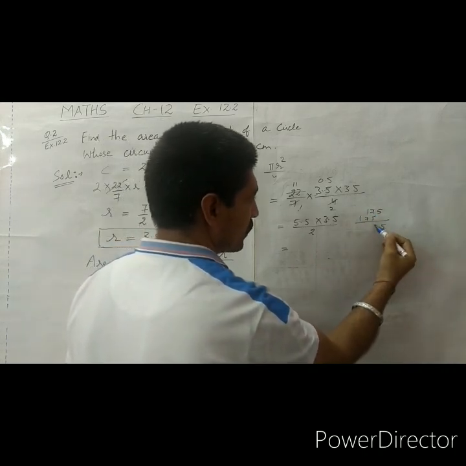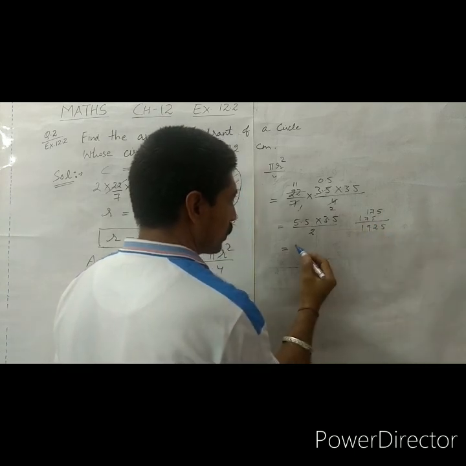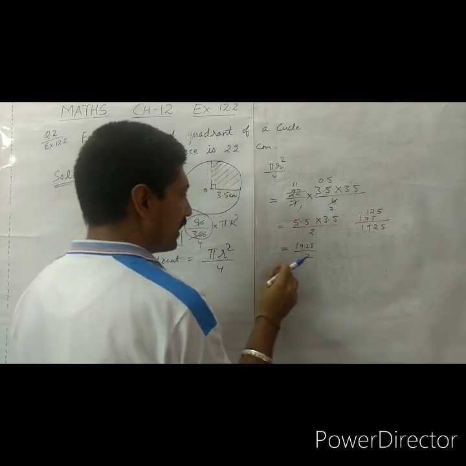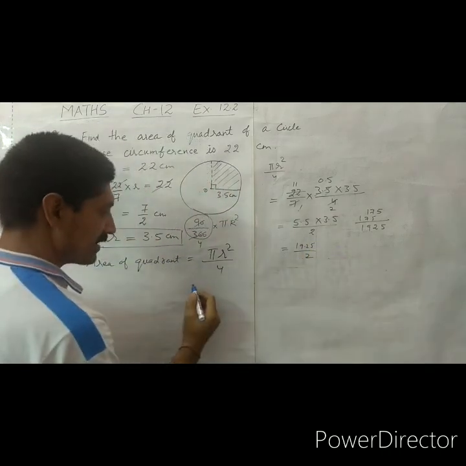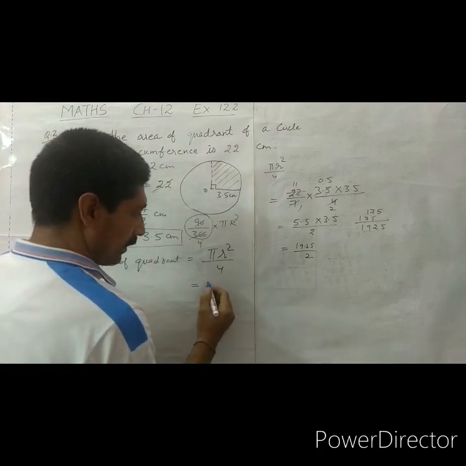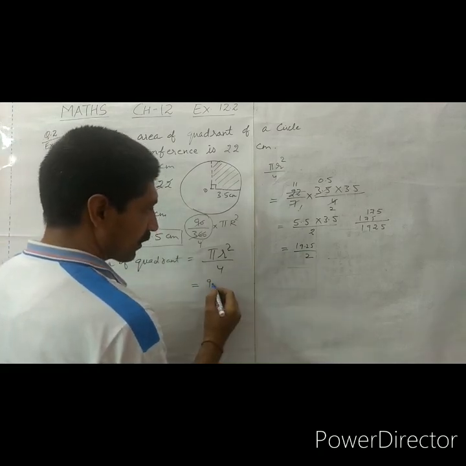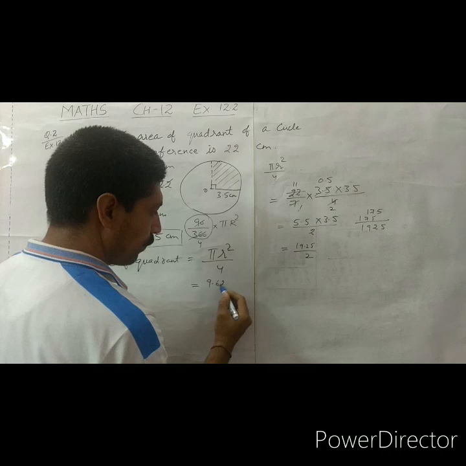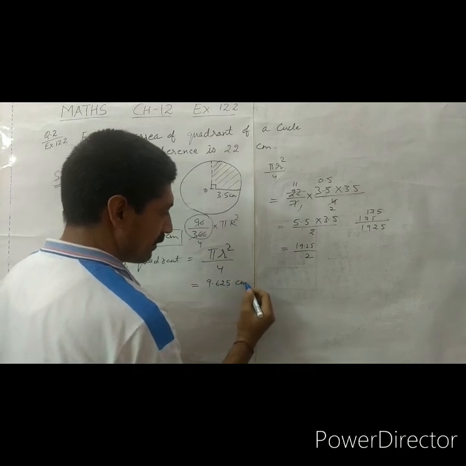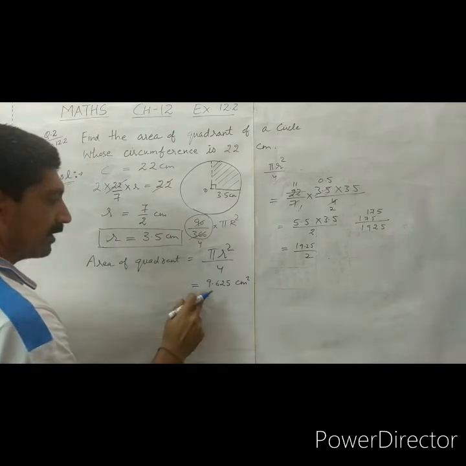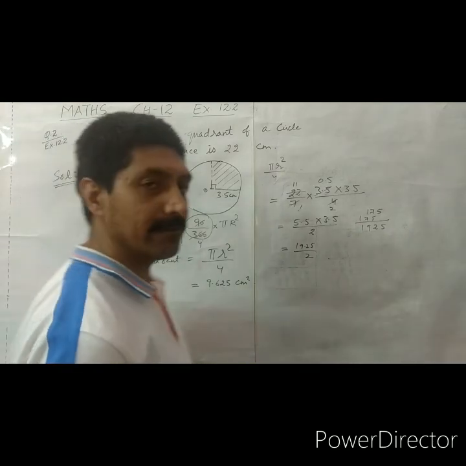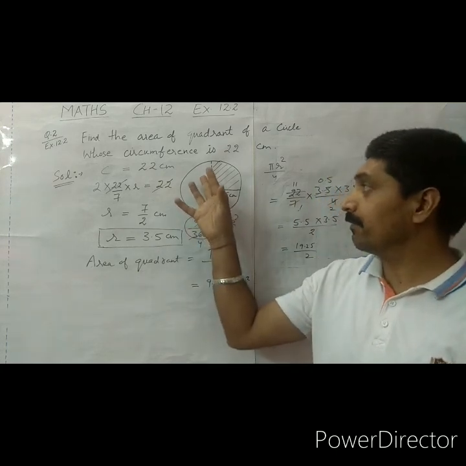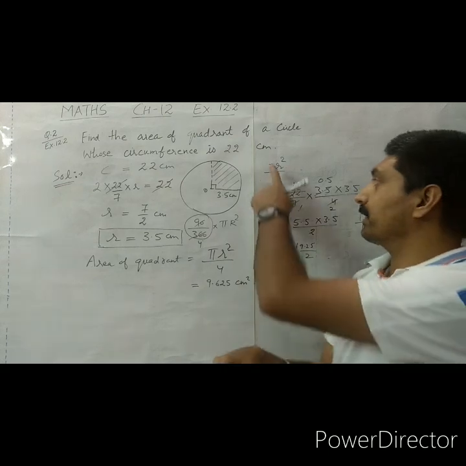So we have 5, 12, 9. So 1925 divided by 2. Decimal is here. So the area of the quadrant in this case is equal to 9 2s are 18, decimal 6, and 2 2s are 4, 5 2s are 10 centimeter square. So the area of the quadrant is 9.625 centimeter square. So dear students, whenever the area of the quadrant is asked, we will go directly for pi